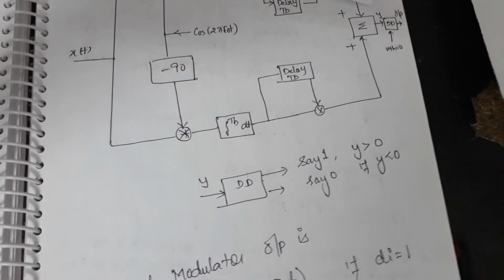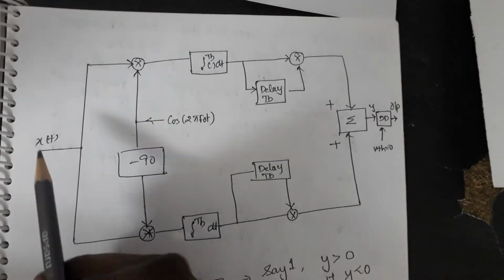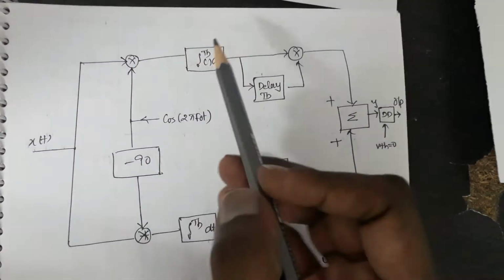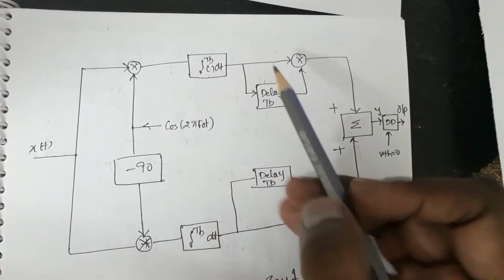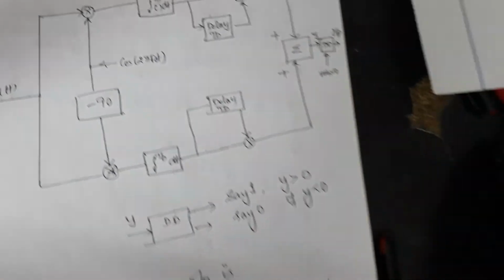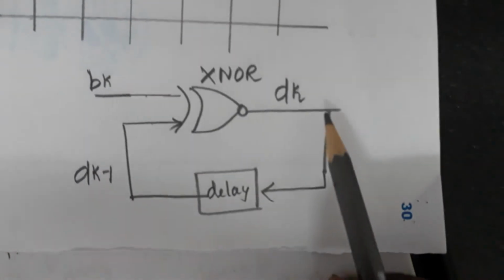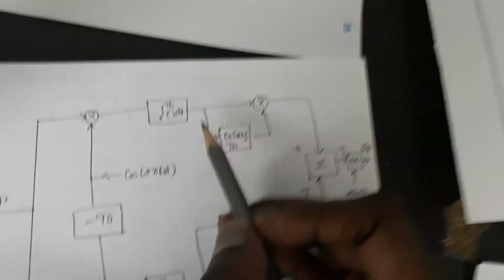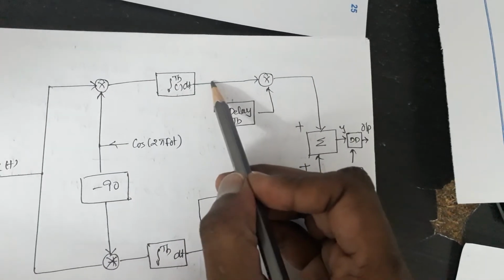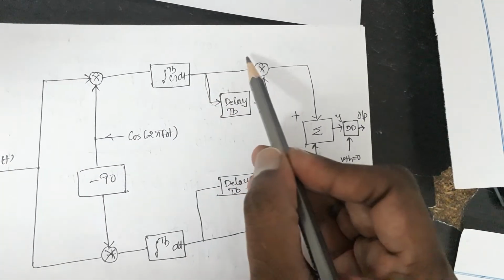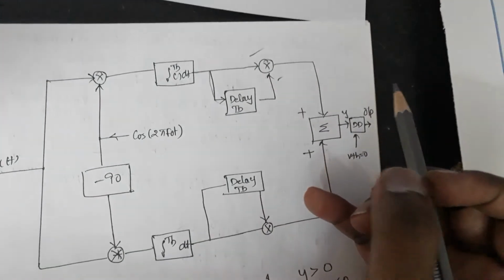Now I'm going for the next part of my explanation. X of t is the received data. I have got a multiplier here, 0 to TB integration dt. The only difference here is you have got a delay, because I have used the delay here. See, output of this one DK comes back here. Same way, whatever is integrated is given forward, not backward. It is delayed, and whatever you get here is multiplied with this value.